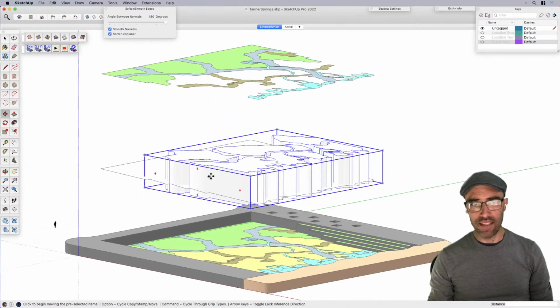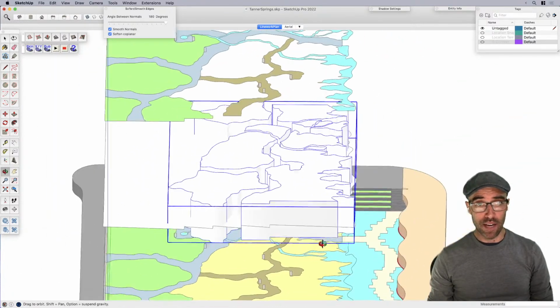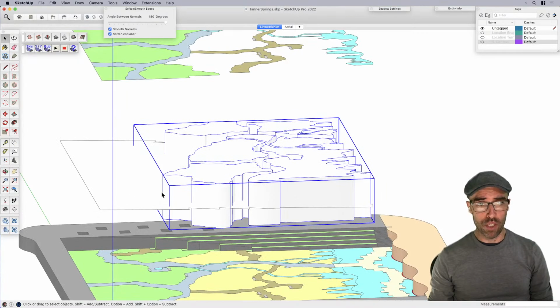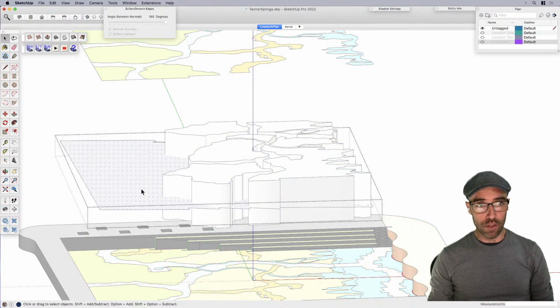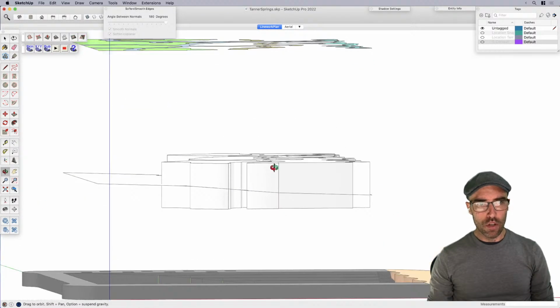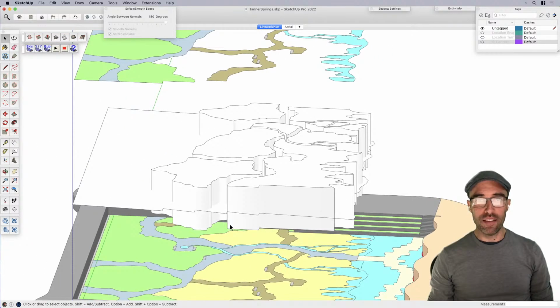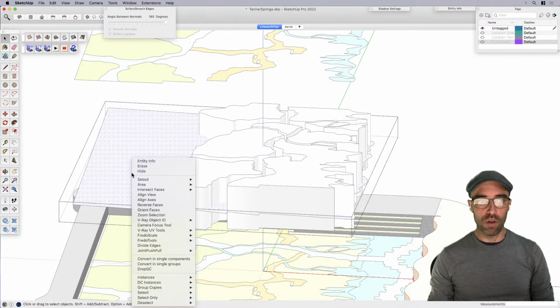This is the kind of stuff that I hope people appreciate, because otherwise you've got to go to base camp. So what I did here was I gave it a thickness that was kind of annoying, but it would have been faster if I used Fredo's joint push-pull. And I'm going to intersect with, I want to say, intersect with